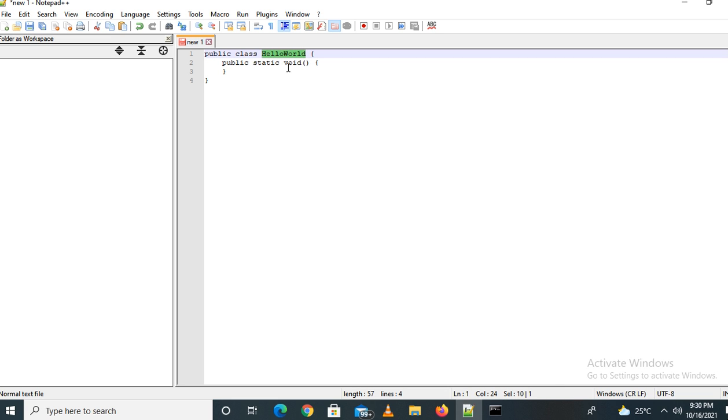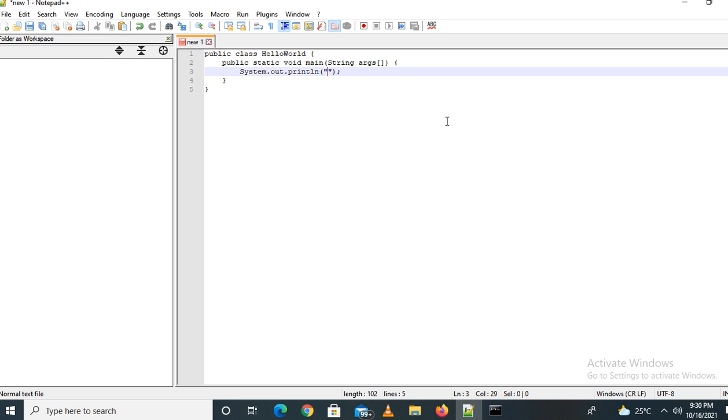I have created one class, HelloWorld, and created the public static void main function with String args. Here I will write System.out.println. I'm creating this inside Notepad, so IntelliSense is not working here for Java, so I'm typing all my code here.